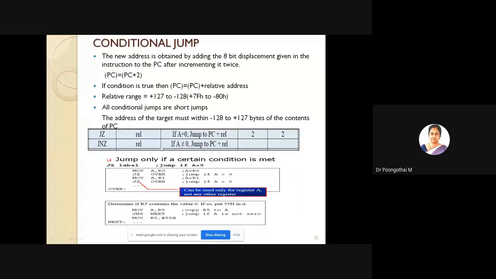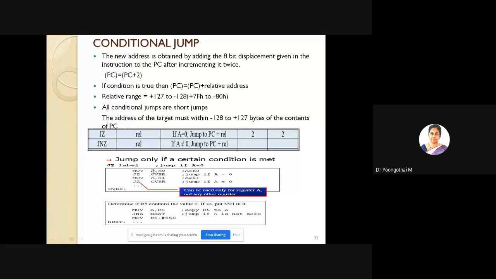In this case, jump no 0, if accumulator is not equal to 0, in that case your condition is true. So if the condition is true, it will jump to program counter plus relative address. So jump only if a certain condition is met. The condition is nothing but your accumulator is equal to 0 or not equal to 0. So look at the example given here. Move A comma R0.